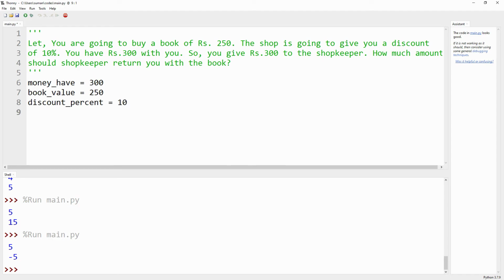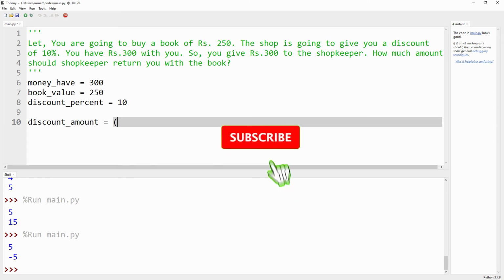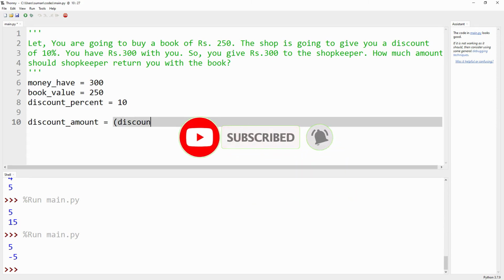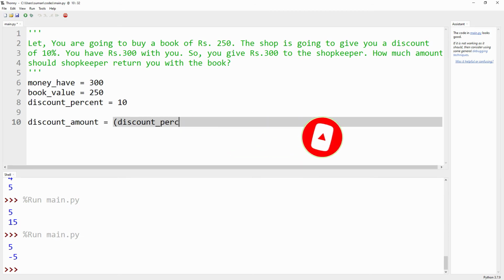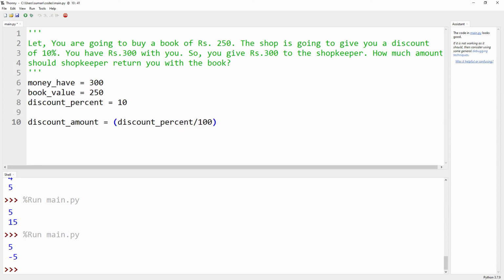Another variable describes the discount amount. Suppose that one is discount underscore amount, and it is equal to discount underscore percent divided by 100 into book underscore value.